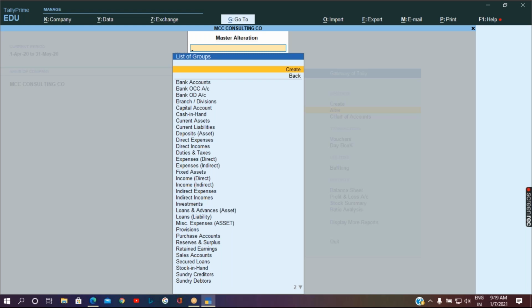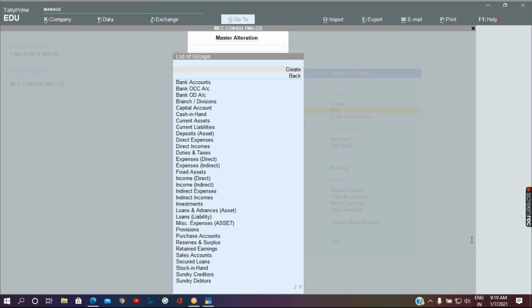All the relevant accounting heads have been created, so Tally has already predefined them. Please have a look at the list and let me know if there is anything we have to create related to the accounting heads. Do not get confused between the accounting heads and the ledgers. Here we are only seeing the accounting heads.